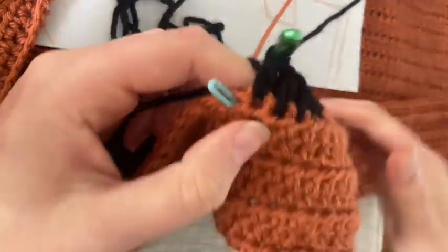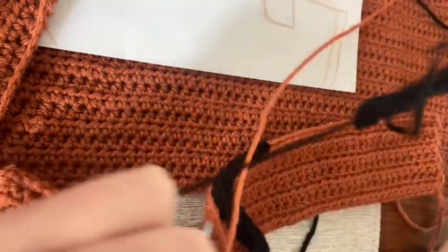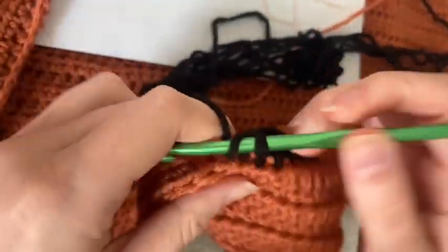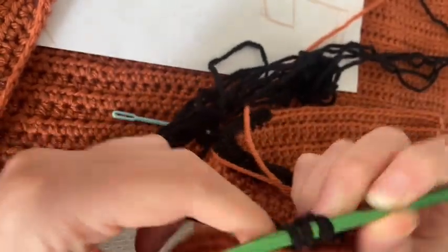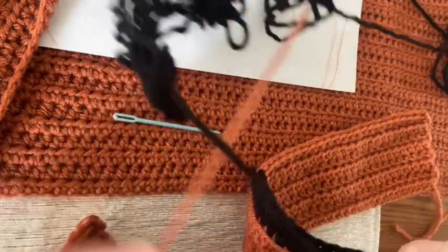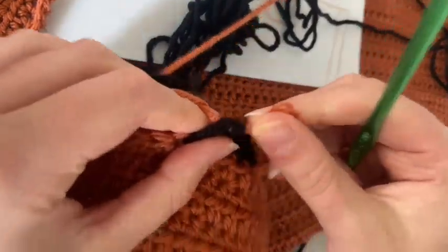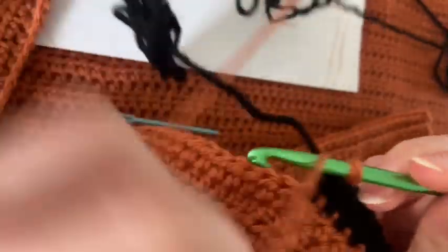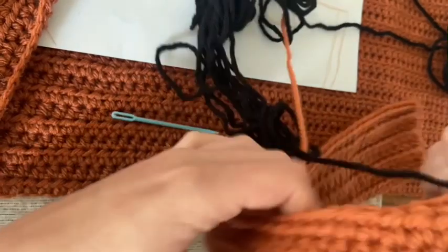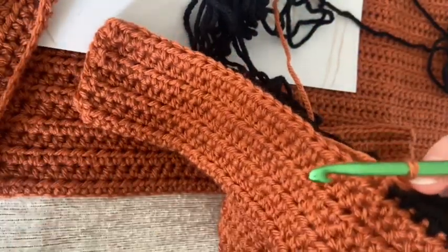All right, so you'll have to ignore the yarn behind me here. So we're to the end here. So this will be our last black, and then we're gonna switch back to the orange. Oops, if it wants to come all the way through there. And then continue going through all the way to the end, and then we'll come back up to start the